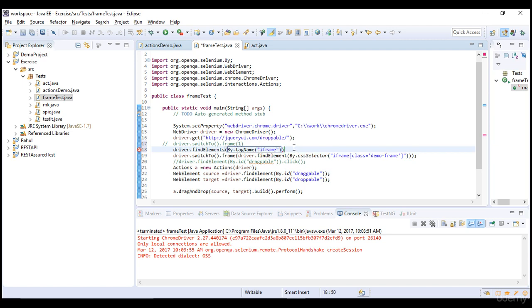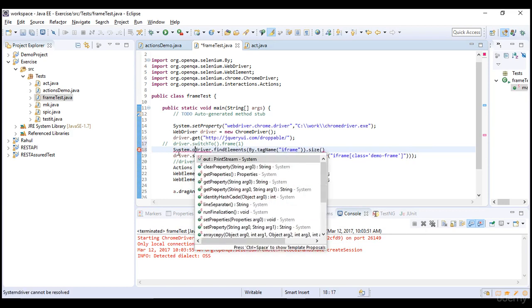If there are 2 tags with iframe, that means I can simply say there are 2 frames in my application. Based upon this count, I can come to a conclusion on how many frames are present in the application. If there is only one iframe, that means there is only one frame. You can say dot size. So I'm just giving you an alternate way to switch to the frame.